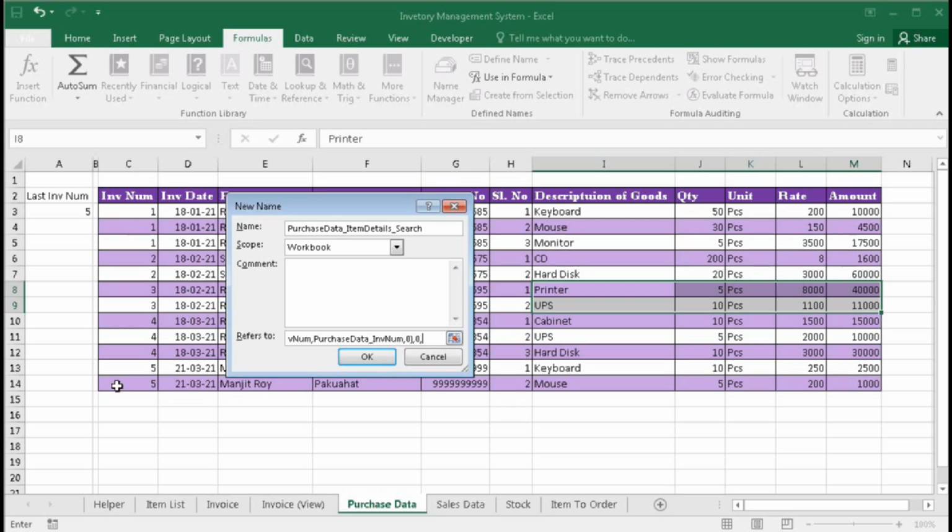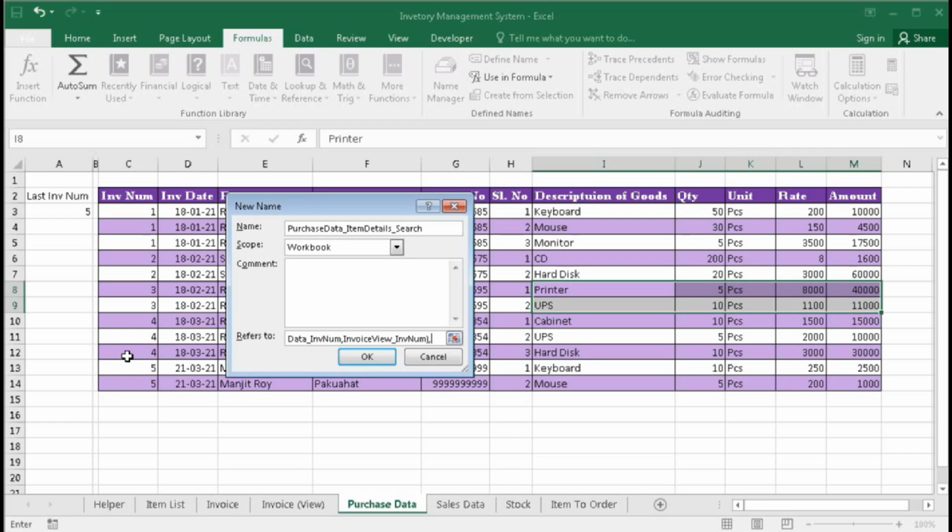Comma, what will be the height of the range? So COUNTIF, bracket open, our range will be this one again, purchase data underscore inv num, comma, criteria will be the invoice number, so invoice view underscore inv num, bracket close.